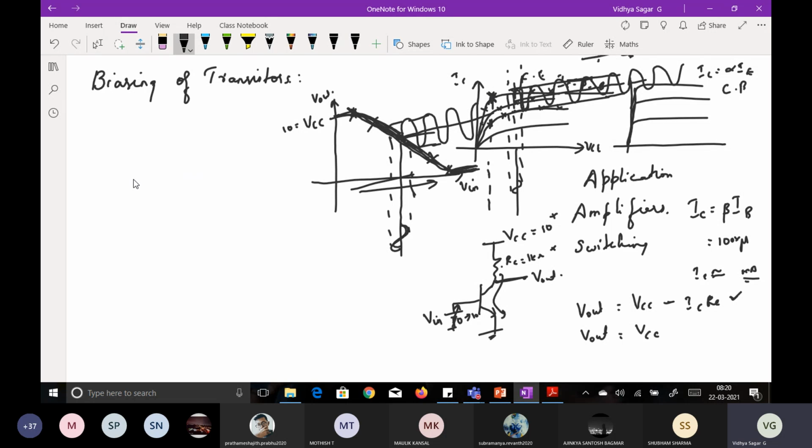Exactly. So now coming to your operating points. Where should I operate your transistor? I have just given you an example at the center point of your V input. The maximum V input could be VCC in the circuit, so the center point will be VCC by 2. At VCC by 2, if I'm applying my input, I could say that I could get a maximum output. Maximum output could be obtained.